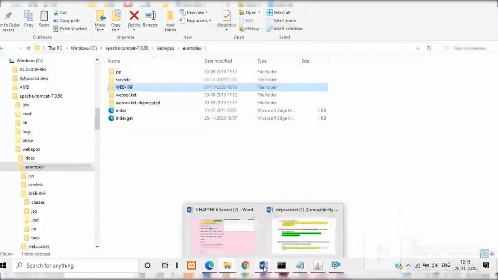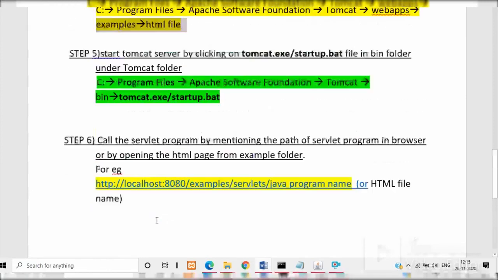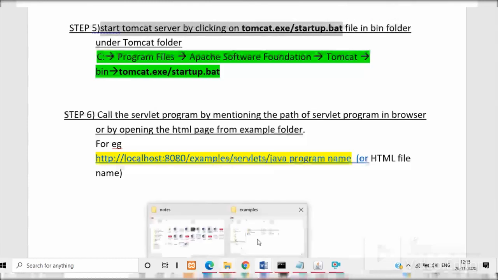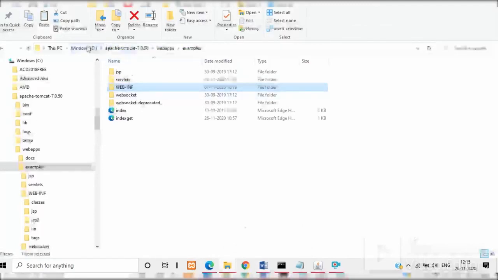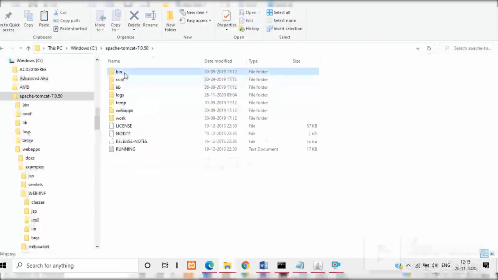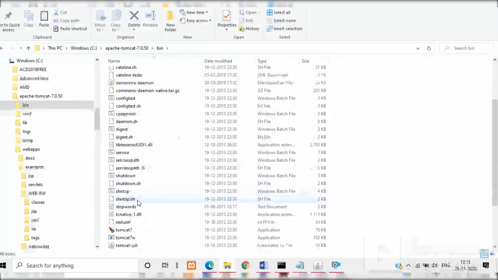Next step is step number 5. Step number 5 is start the Tomcat server by clicking the startup.bat file. For starting the Tomcat server, you should select C drive, Apache Tomcat, bin, startup.bat file.